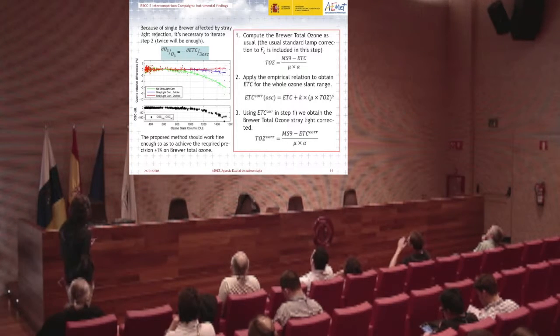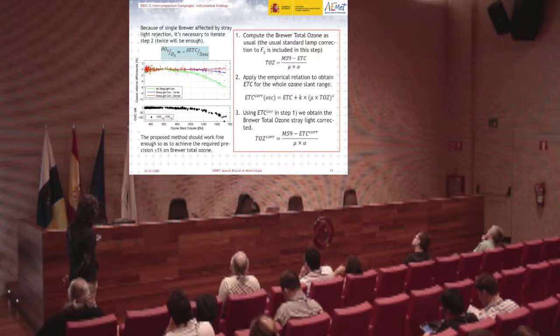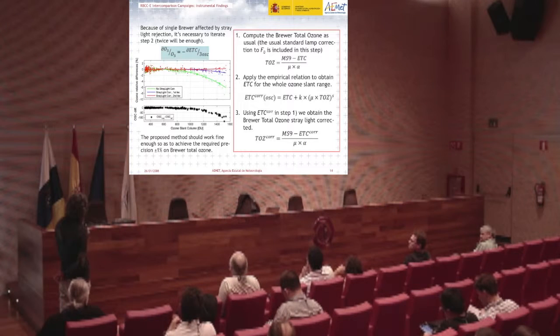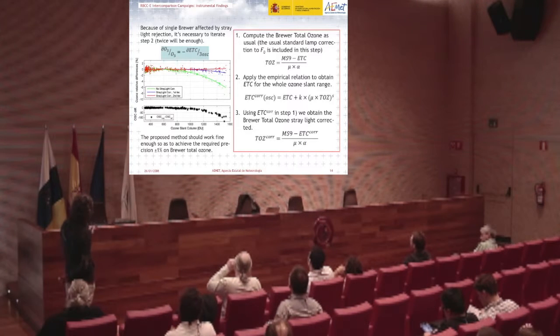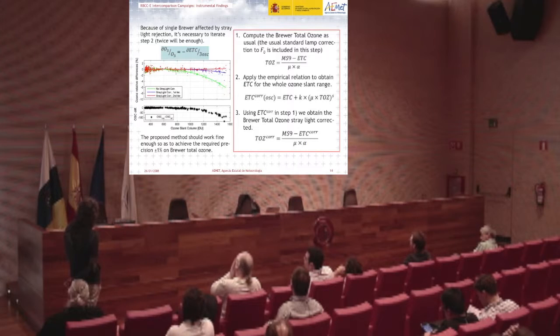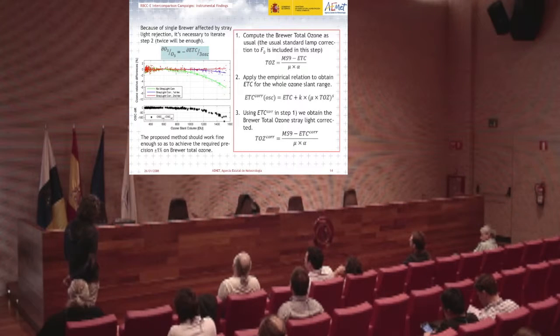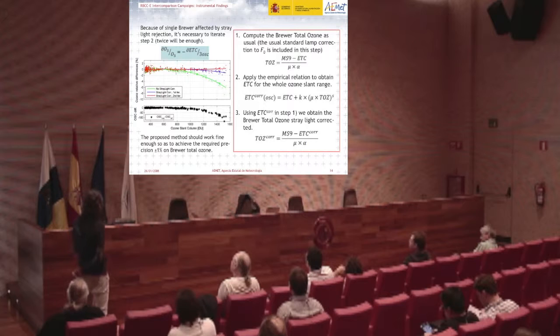So here we are using the total ozone from the reference, but at the station, when the instrument is operational, because of the stray light, it will measure a different ozone, a much lower ozone. So we have to iterate the process, but we found that doing so twice is enough to achieve